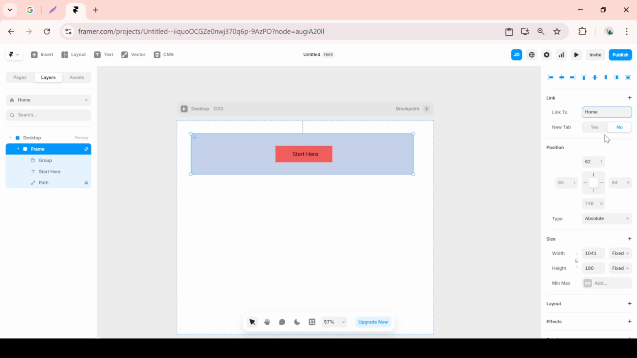If you're linking to an external website, it's just as straightforward. You'll need to paste the full URL of the destination site into the link field. There's also an option that may appear for you to check a box, allowing the link to open in a new tab. It's a small step, but it can significantly improve the user experience, keeping your Framer project open while